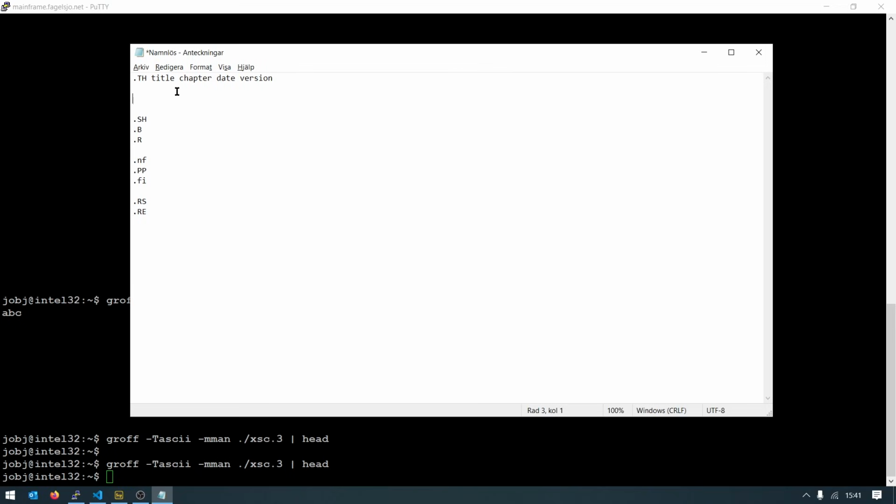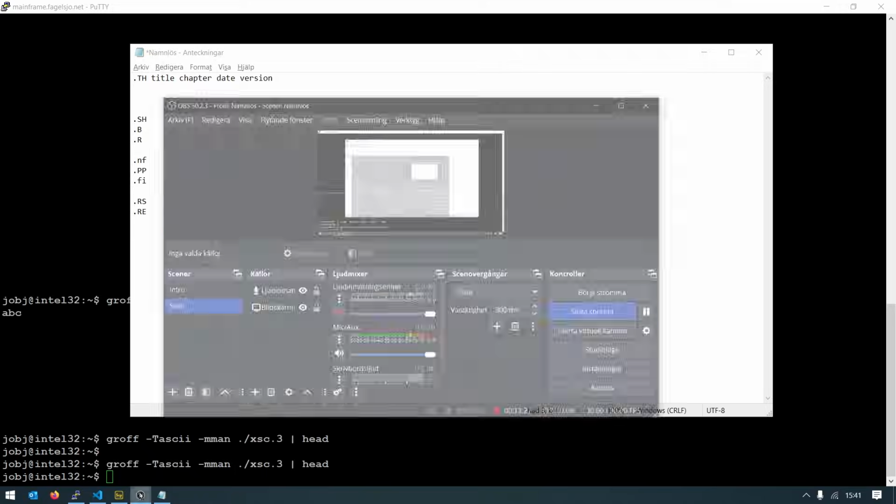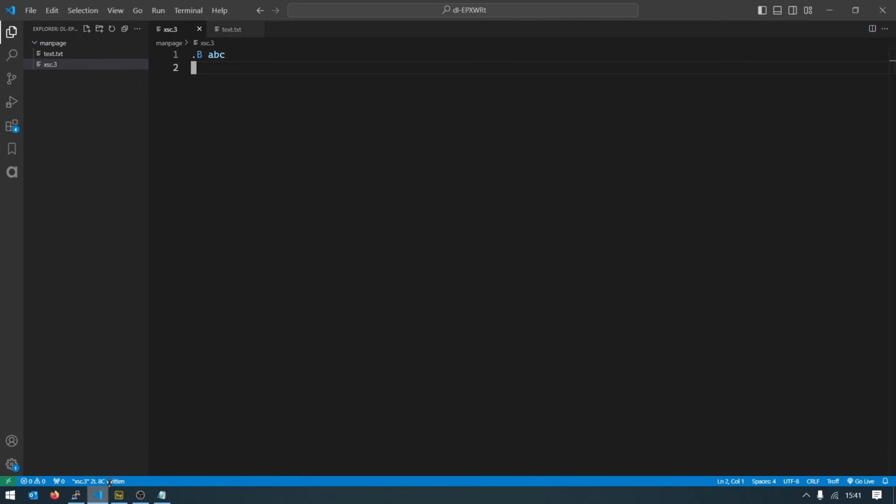So the first is the title, second is the chapter, this is the 3, and then we have the date, and we have the version of the library in this case. So that's what we need to add. So in our case, we need to add the TH, and first we put in the command in question,